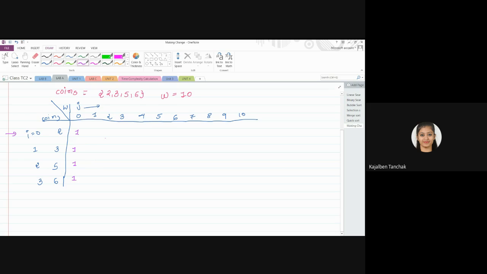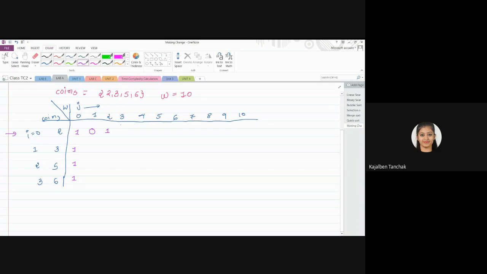Okay. Now the amount is 1, you have to pay 1 rupee. Is there any way? Tell me. You have to pay 1 rupee but using a 2 rupee coin. Is there any way to pay the amount? No, we have to take the entire coin only. We cannot exchange anything. You are having a supply of 2 rupee coins, you have to pay 1 rupee. Is it possible? No. So simply you will write 0. Now you have to pay 2 rupees. You are having a 2 rupee coin. Is it possible? Is there any way? Yes, you can pay with 1 2 rupee coin. So there is one way.